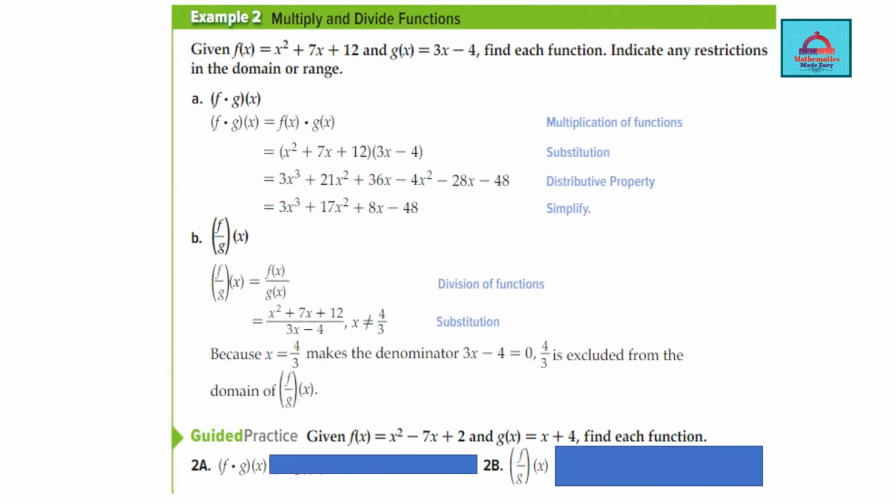Let's now proceed, after addition and subtraction, to multiplication and division. So first I will show you a solved example, then we'll do some questions together. So this is the guided practice which will be your classwork. I would want you to solve in your notebooks, and then let's check what is given here. So two functions f(x) and g(x) are given. You need to find each function, first for the multiplication,